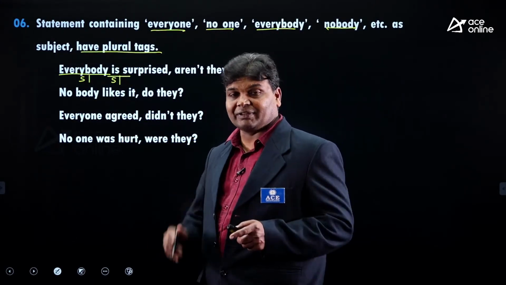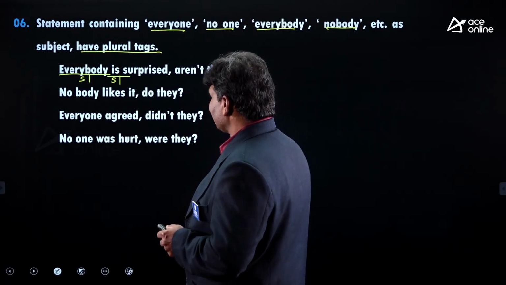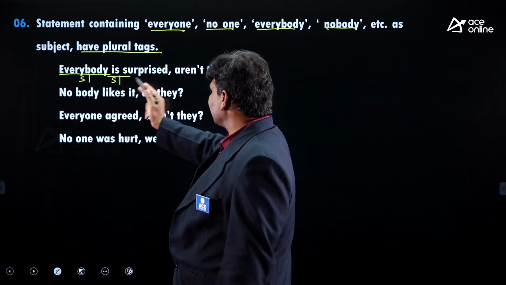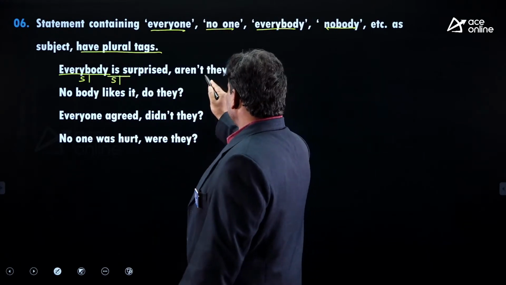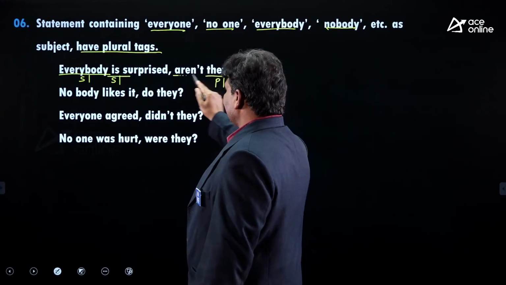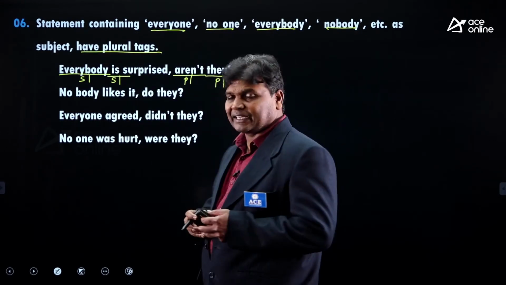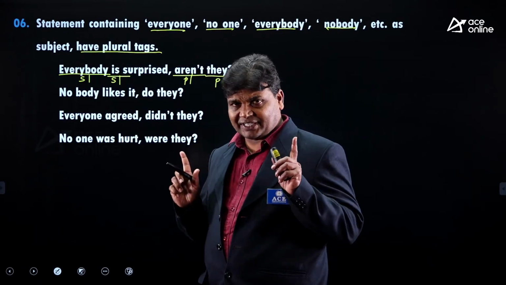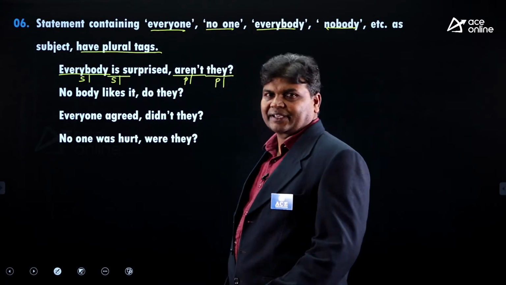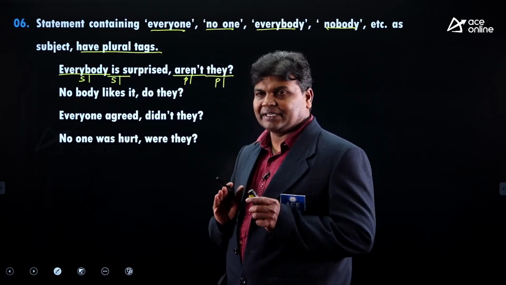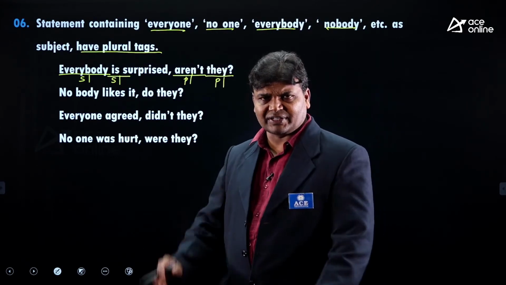But the question tag will be plural. That is what again miscellaneous you have to learn, students. Everybody is surprised. Now I cannot say aren't everybody. Only a pronoun will be there. So they will be plural, and is will become plural. Everybody is surprised, aren't they? The tense of the sentence we didn't change. The tense remains the same, present tense and present tense only. Everybody, nobody, everyone, all these singular ones,